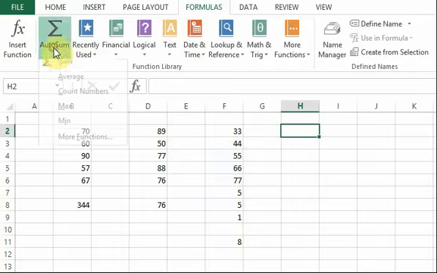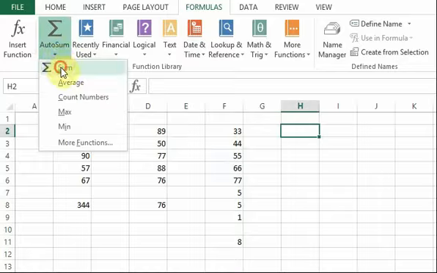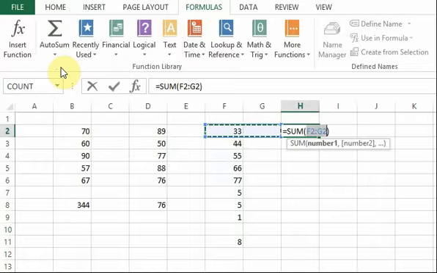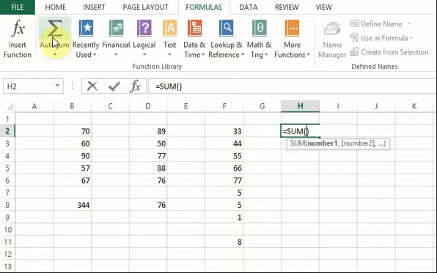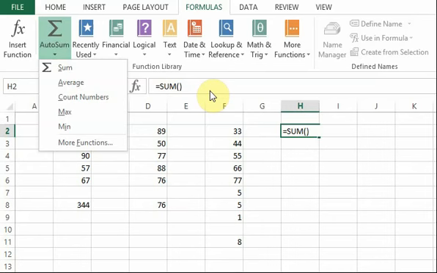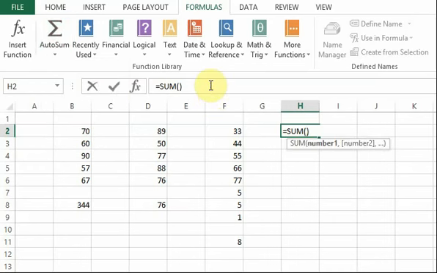Now here sum F2 to G2. Where is F2? Here. F2 to G2. Right, now you see how it is taking. We click here, it's taking F2 to G2. Otherwise what we can do here, right, we can click